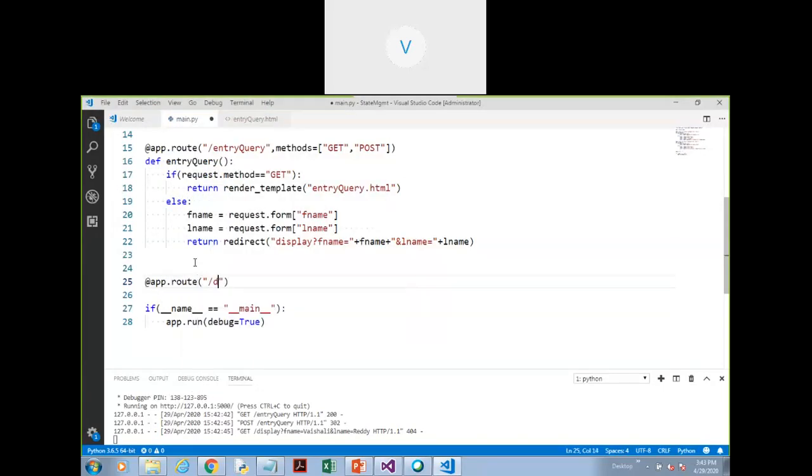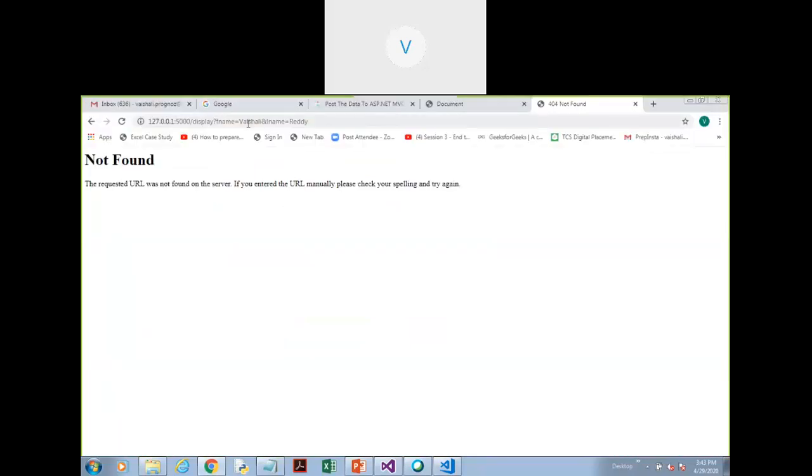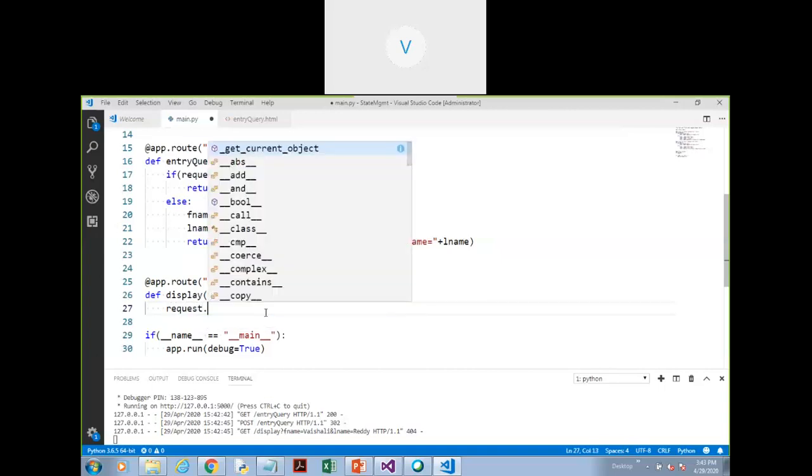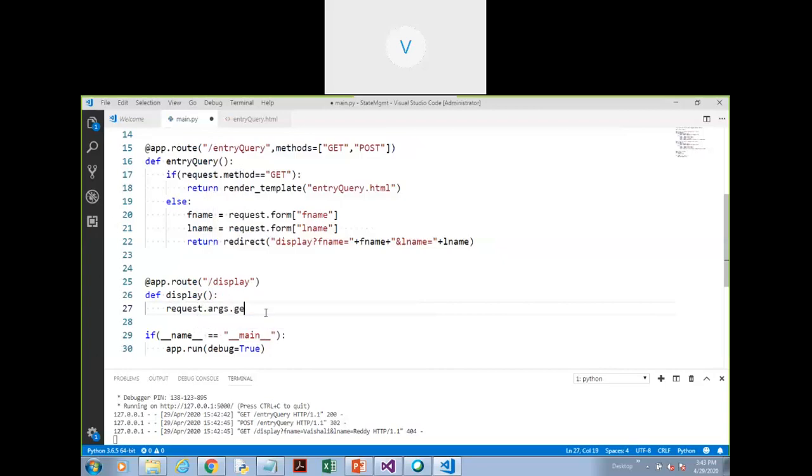So app.route and here I will simply say display. So there, display. Now, whenever the information is coming in the form of a query string, how do you access that? You write request dot args dot get is the method and you specify the name here.